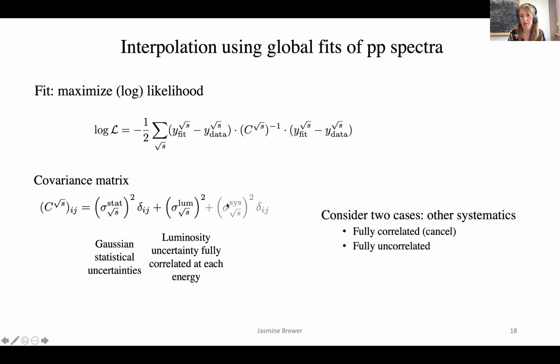Either we have systematic uncertainties which are fully correlated between the energies, and then in the ratio, these systematic uncertainties cancel, and therefore we don't include them in the covariance matrix. Or we take the systematic uncertainties to be fully uncorrelated, in which case they just add on the diagonal of the covariance matrix in exactly the same way that the statistical uncertainties do. So essentially we try to parameterize the two opposite ends of the spectrum. Either all of the systematic uncertainties cancel or none of them do, and we try to assess the sensitivity of these interpolations to those two cases.